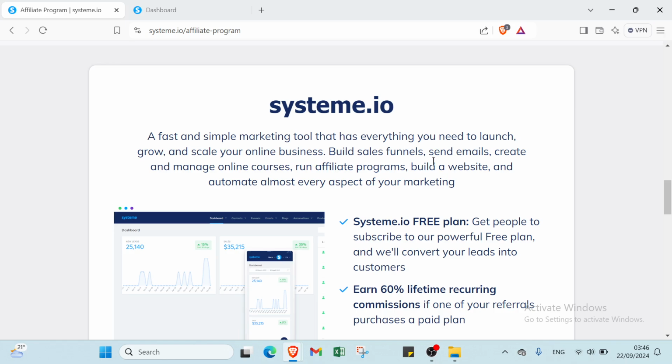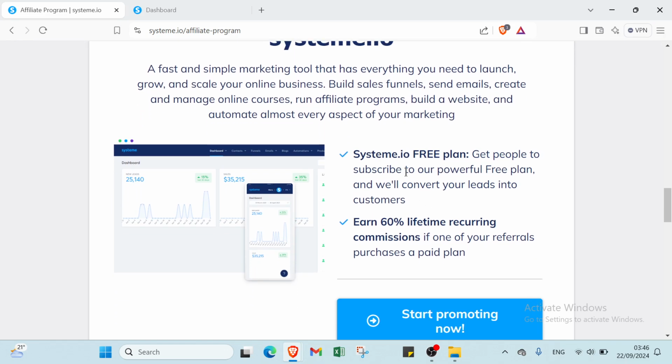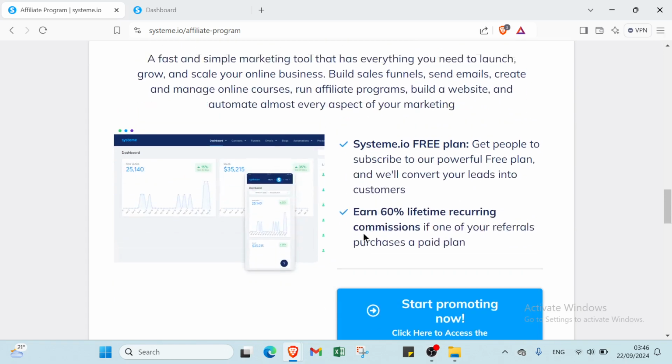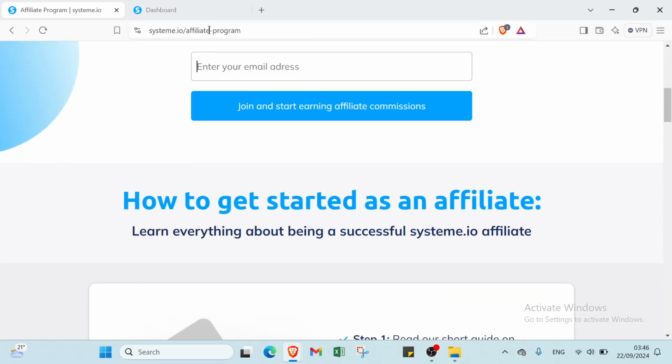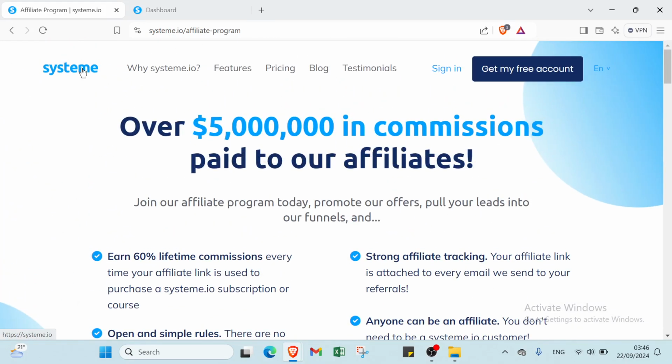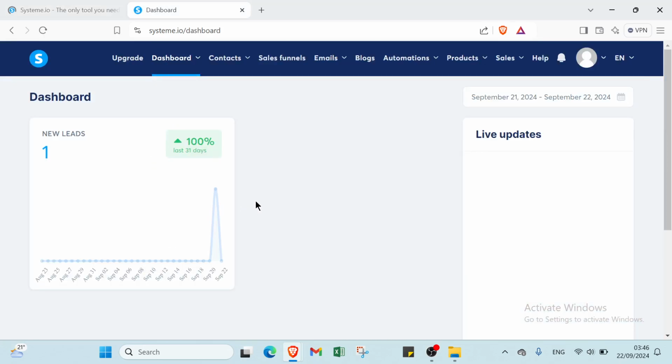Build skills, funnels, send emails, create and manage online courses, run affiliate programs, build a website, and automate almost every aspect of your marketing. Then we have here System.io free plan, earn 60% lifetime recurring commissions, and that's it. If you want to get started, you just write your email address and your password and you get started. So